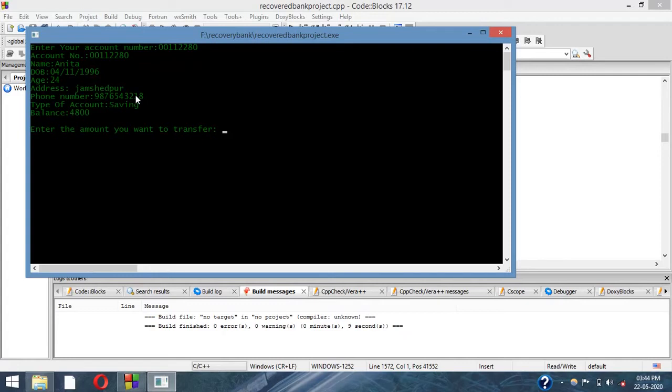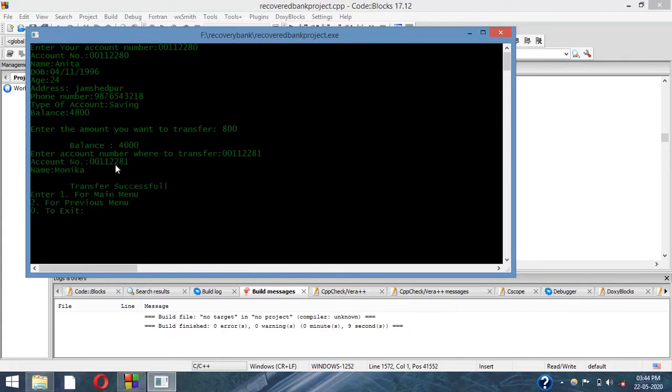Suppose I want to transfer 800 rupees. So your balance has been deducted and the remaining balance is 4000. So enter the account number where you want to transfer, 00112281. So this is Monica's account to which you have transferred the 800, and the message is displayed that the transfer is successful.